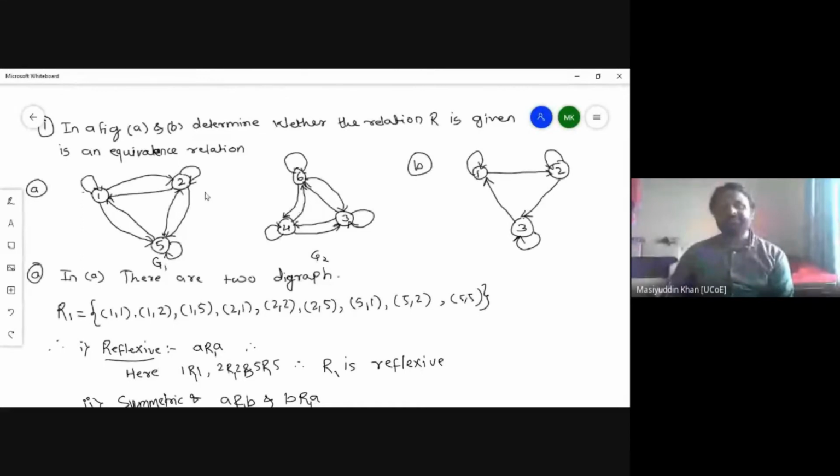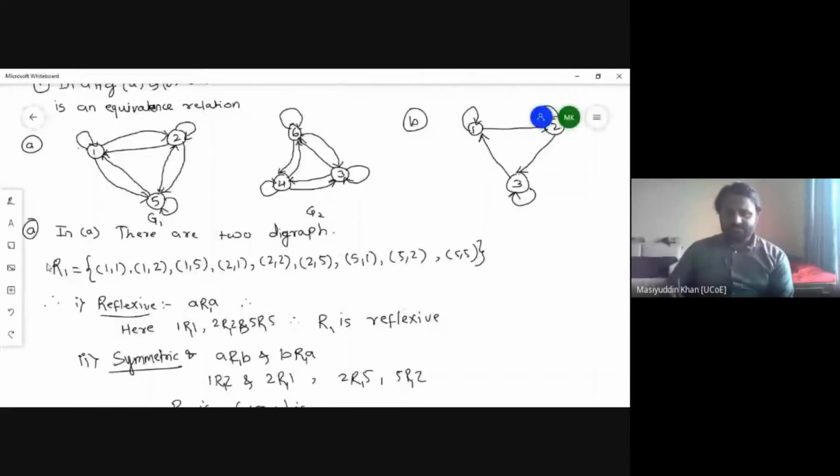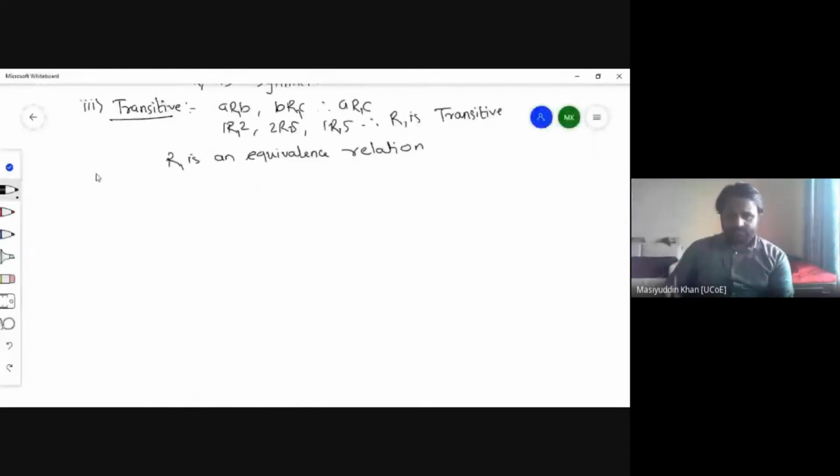Now I'm moving to the second, that is B. G2 you can solve by yourself, it is a similar structure and all the things are present. Now in B, we see a relation R. We first have to write what relations are given, then later discuss whether the relation is an equivalence or not. So solving the second part, that is B.